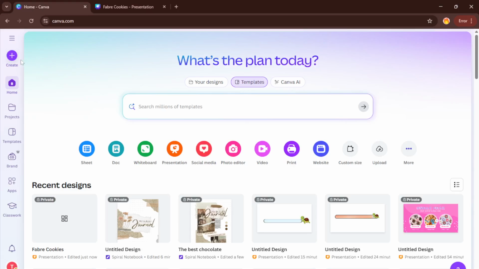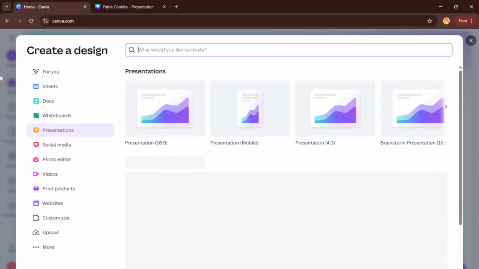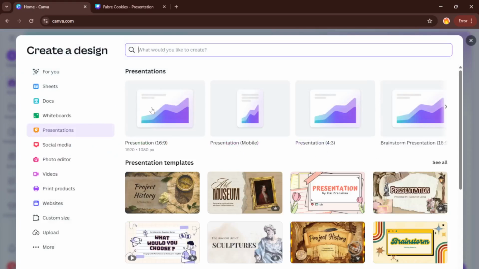First things first, open up Canva in your web browser. If you haven't used Canva before, don't worry. It's a super approachable design platform that's great for beginners and more advanced creators alike. Once you're there, look for the bright Create button, usually up in the upper right corner. Go ahead and click on that. This is your jump-off point for any new design project in Canva, and it's the gateway to all of Canva's